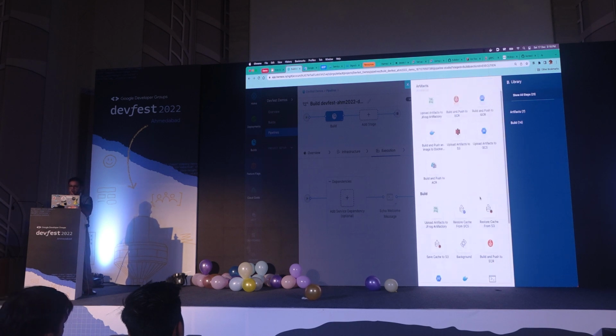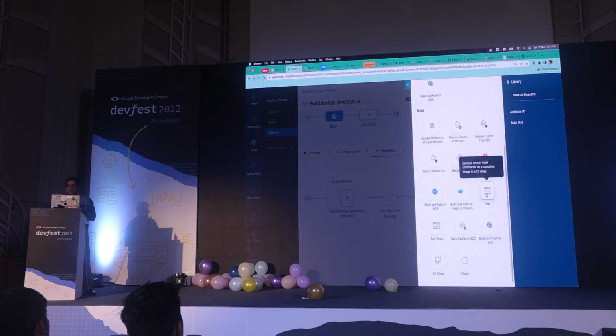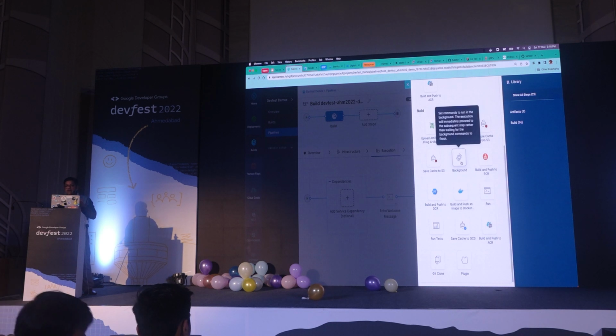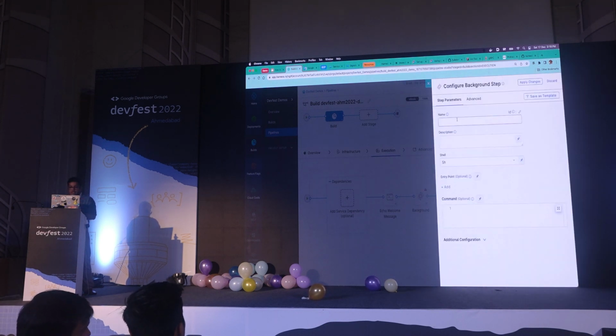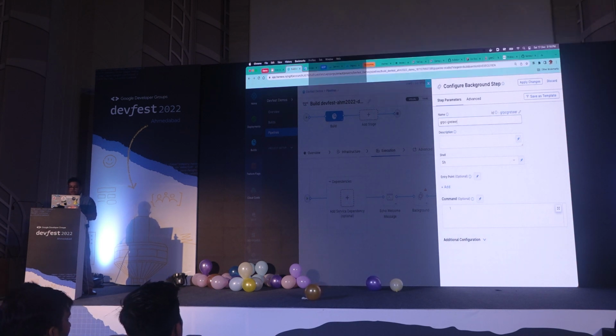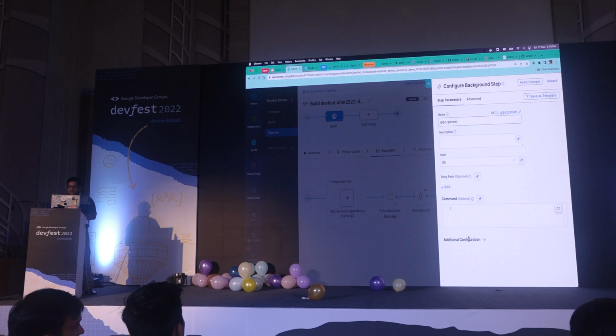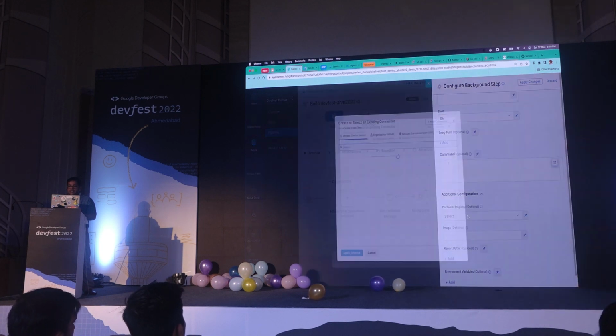So what I'm going to do is just pick this run. In this case, I have to do a background process. You would have guessed what the background is going to be. I'm going to say gRPC greeter, and then I'm going to select the container registry that I need